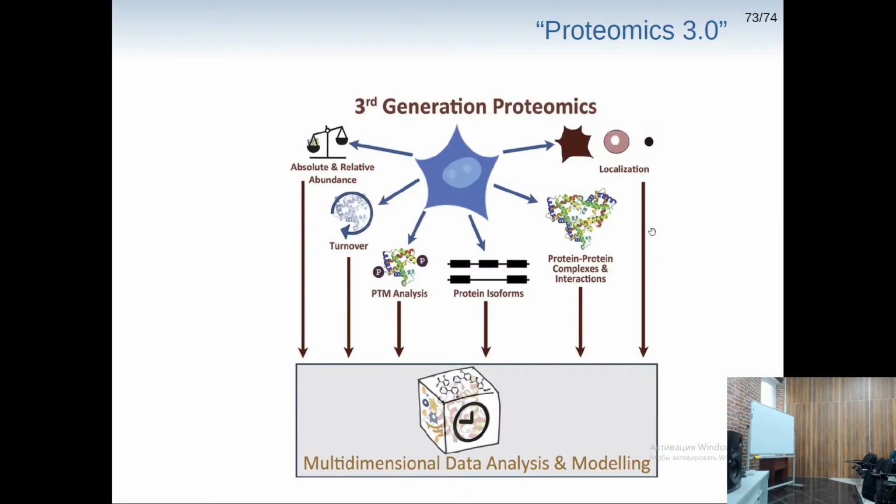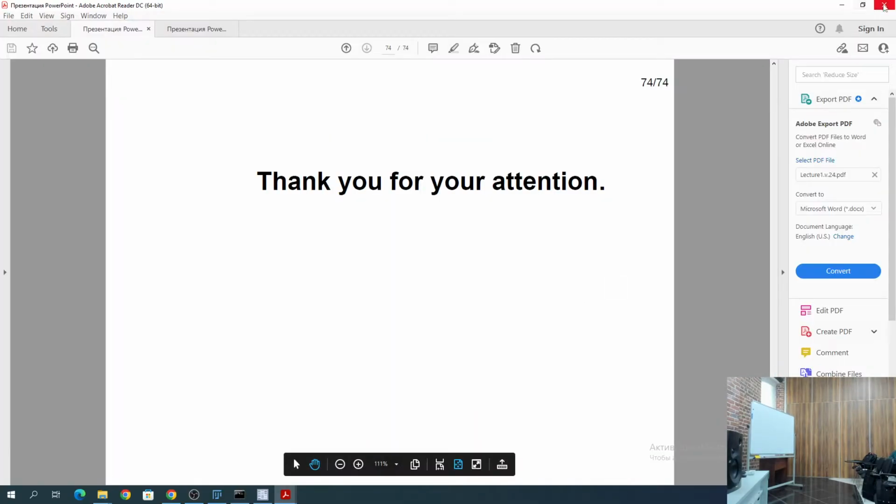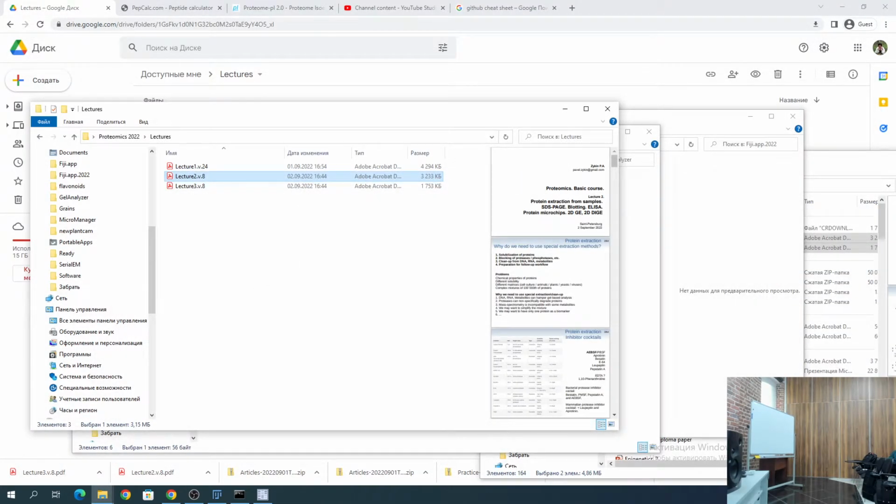So that concludes our first lecture on what we are discussing, so-called Proteomics 3.0, which includes not only proteoforms or proteins, but also abundance, turnover, post-translational modification analysis, isoforms, protein-protein complex integration, localization, and so on. So nowadays proteomics ranges from optical and electron microscopy to NMR analysis. Every method which is available we can use. So let's continue with our first lecture on actual methods of